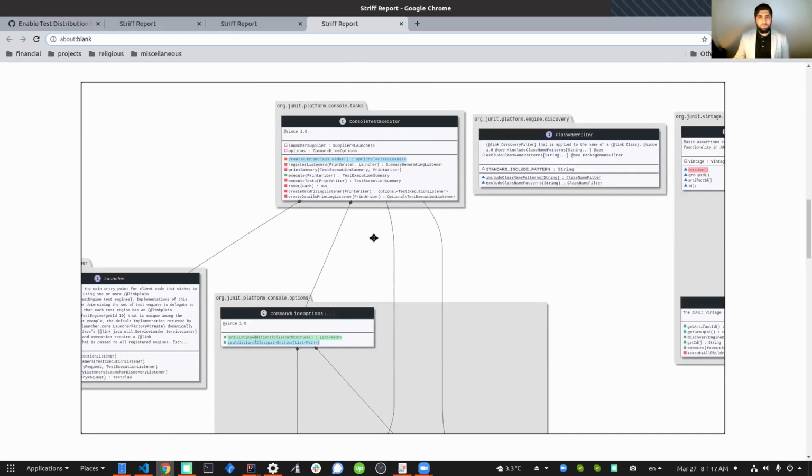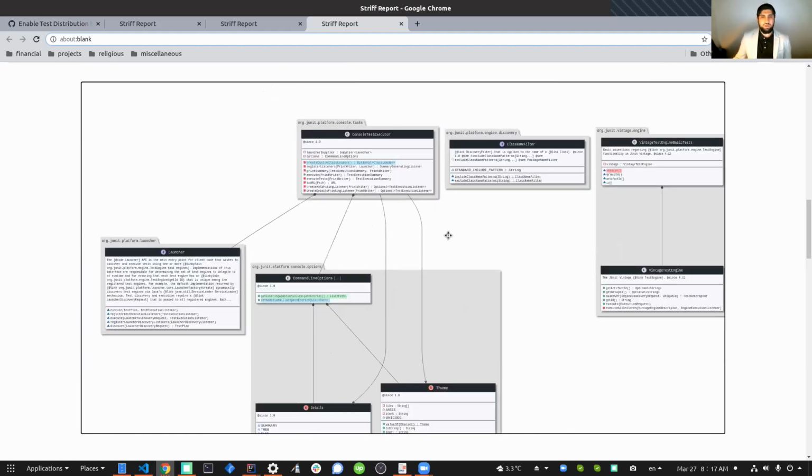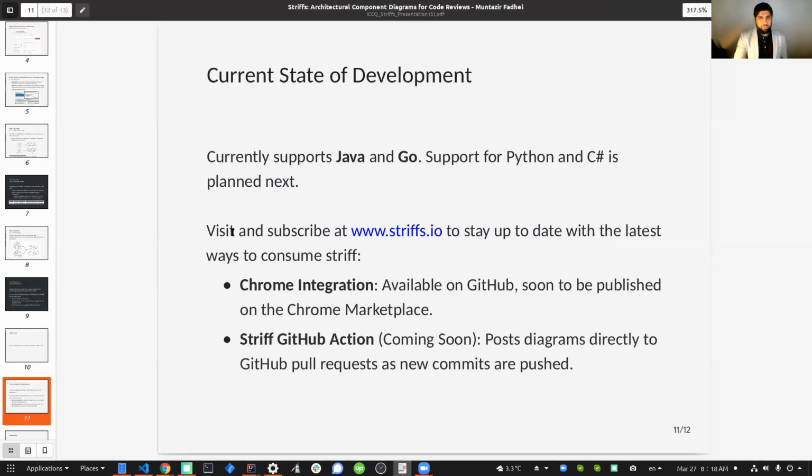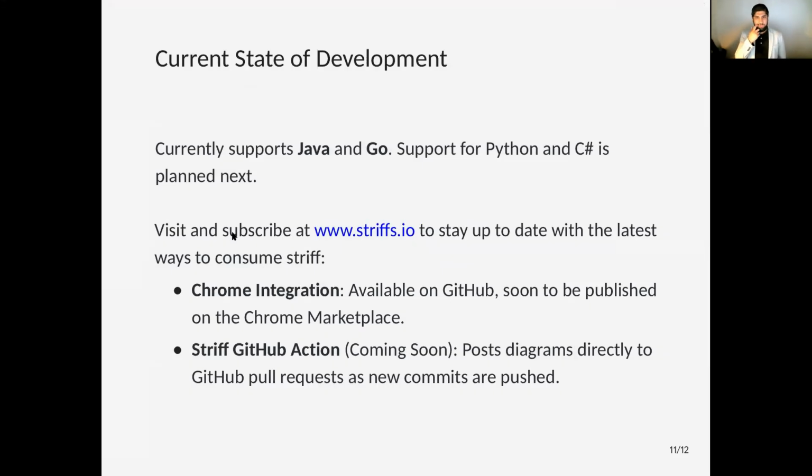And I think, in my opinion, it informs a more natural way to start doing a code review and to get an understanding of the macroscopic impact of the incoming code submission. In terms of current state of development, right now the tool supports Java and Go. This area of research is huge because a lot of the initial values we configured by hand. But what we're hoping is that by expanding and making it available for people to use in open source projects, we'll be able to collect more information, more opinions on how the tool works.